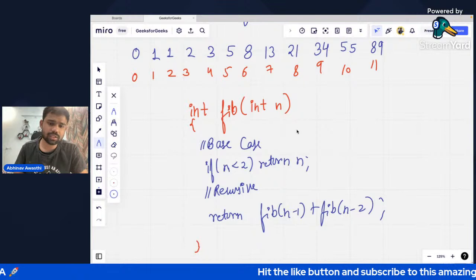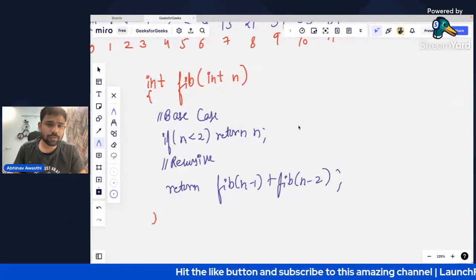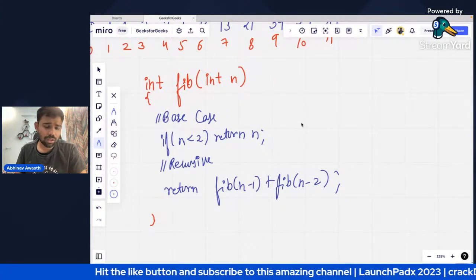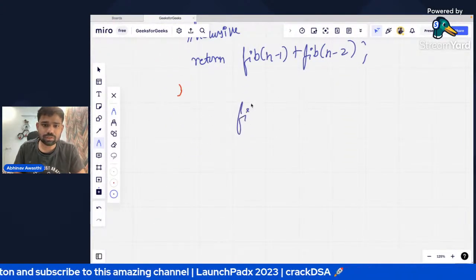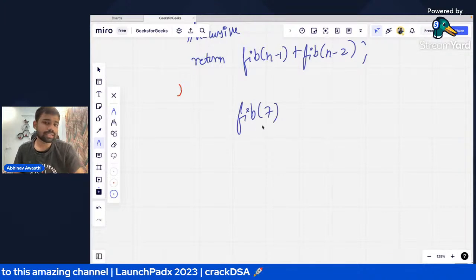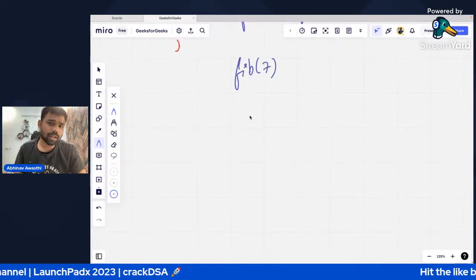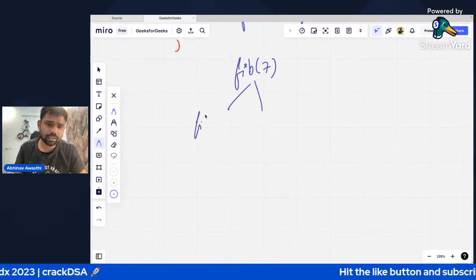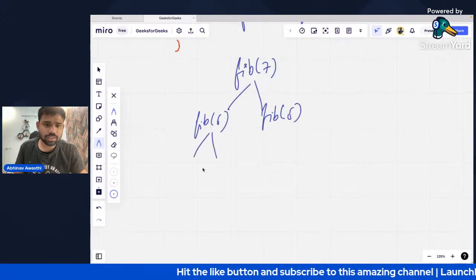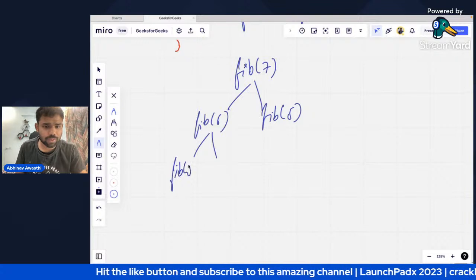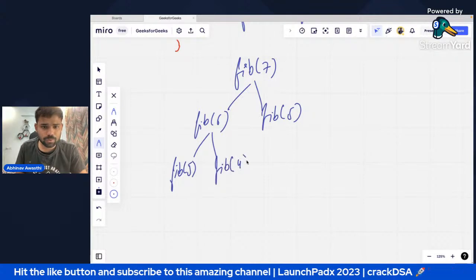If you look at this, we have multiple parts to consider. For Fibonacci 7, what do we have to do? We have to call Fibonacci 6 and Fibonacci 5. For 6, I have to call Fibonacci 5 and Fibonacci 4.